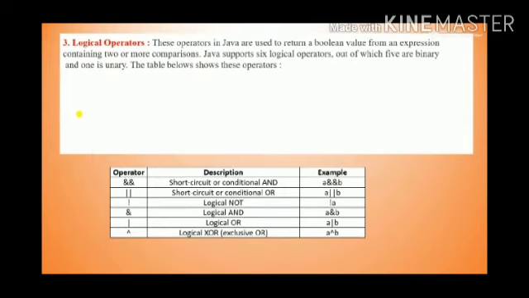The symbols that perform logical operations on the result of relational expressions are called logical operators. The result of a logical expression is true or false. As you can see in the table, the first one is and. Here it is given A and B. So its syntax is option number 1, then the logical operator, that is and, and option number 2.